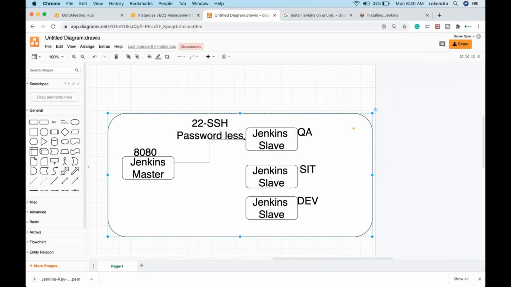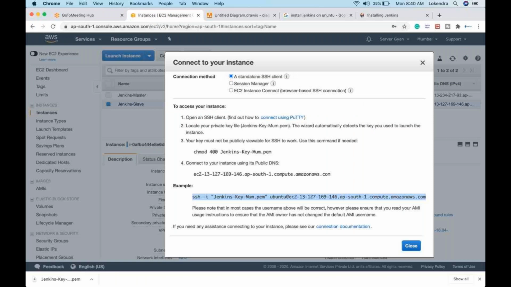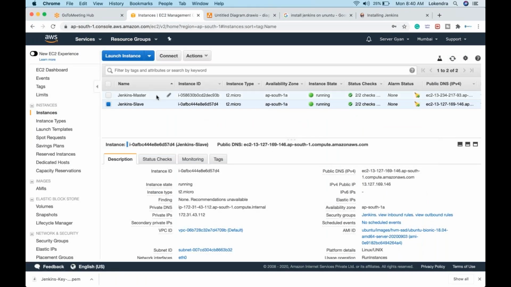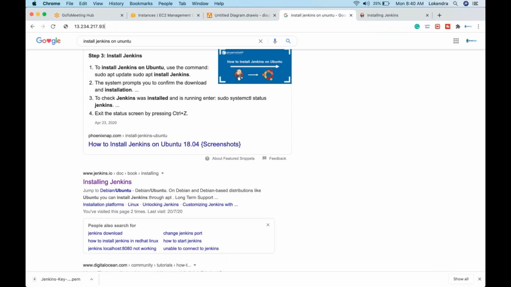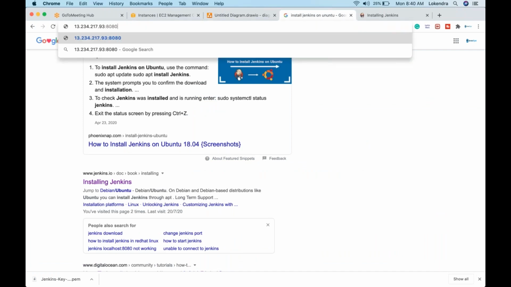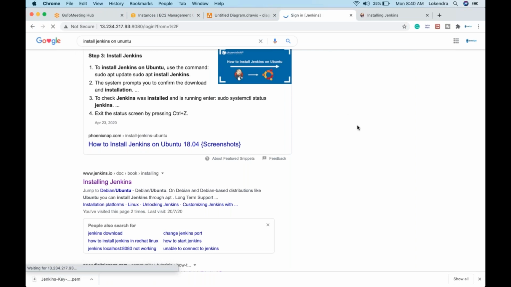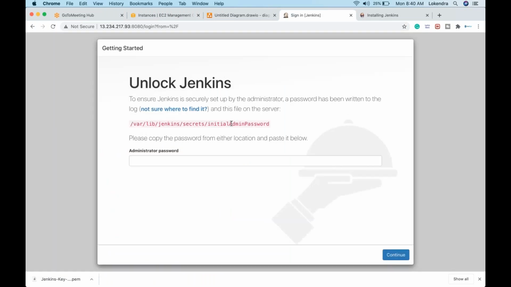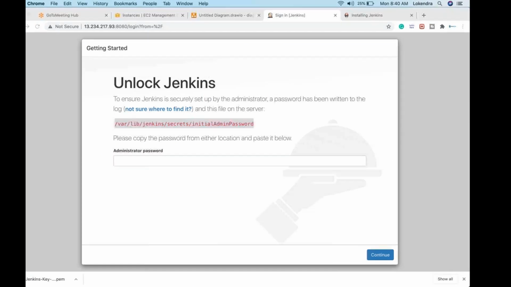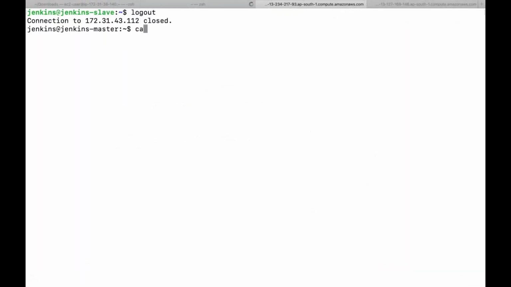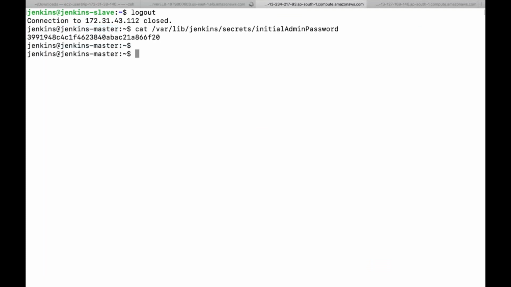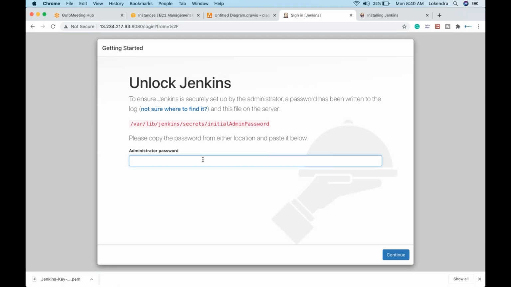So guys, if you remember, we were supposed to configure something, and what was that? We were supposed to configure the Jenkins master and slave. So right now I will copy this IP address, and obviously I do not want to keep all these URLs with me, so I will hit port 8080. As soon as it comes up, it will tell me there is a one-time usable password. So I'll have to log into my Jenkins master. See, this is my Jenkins master server, and I will paste the file name. As soon as I paste it, there is a particular password, and this is one-time usable. We have seen this earlier in previous tutorials as well.